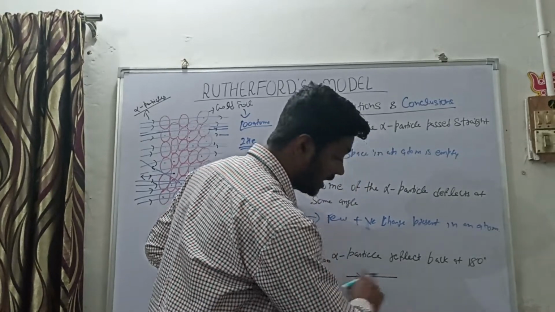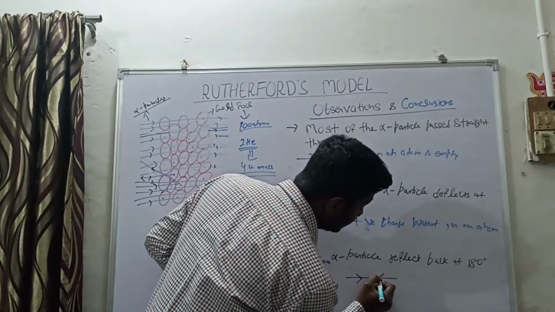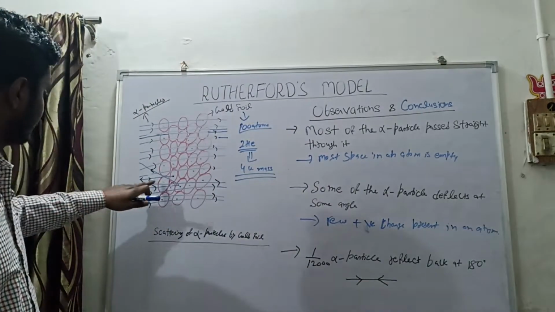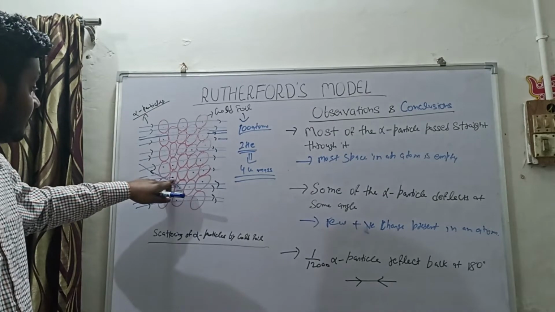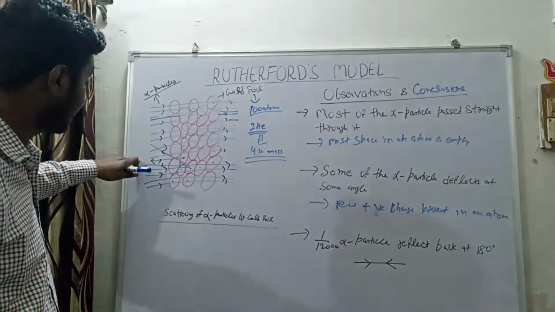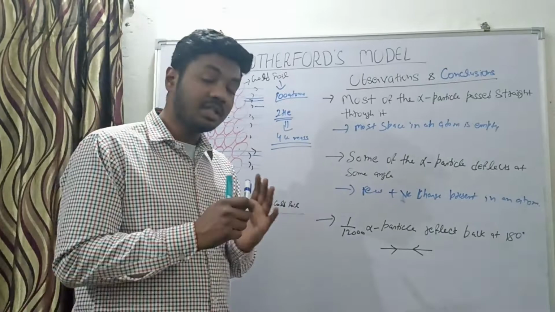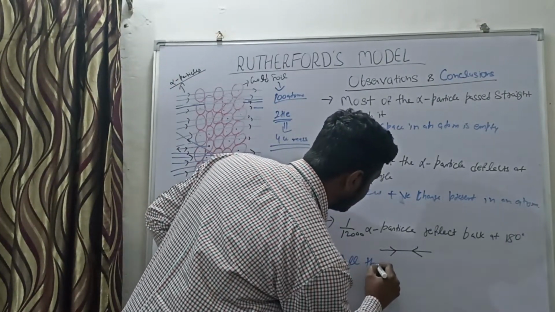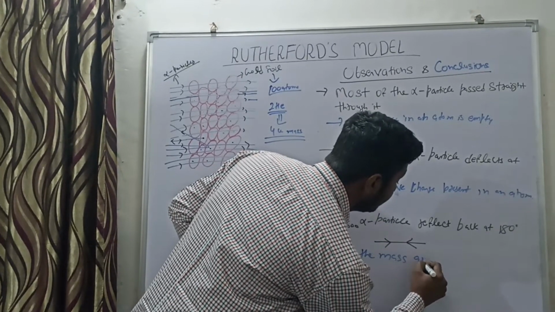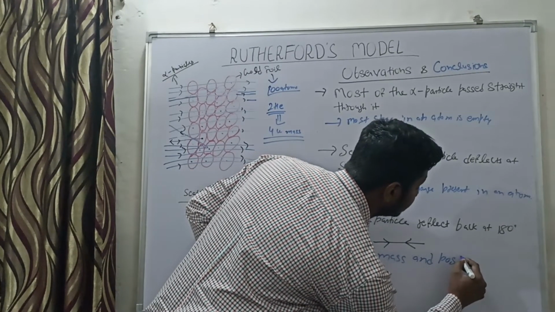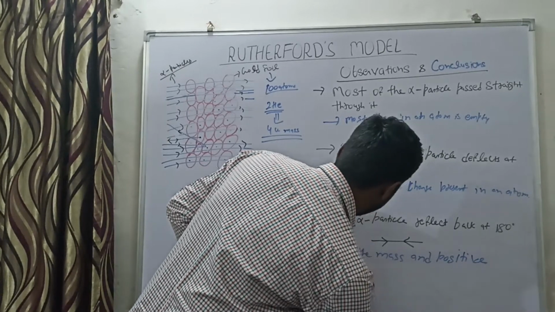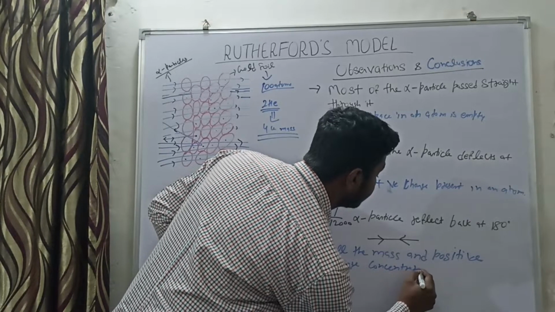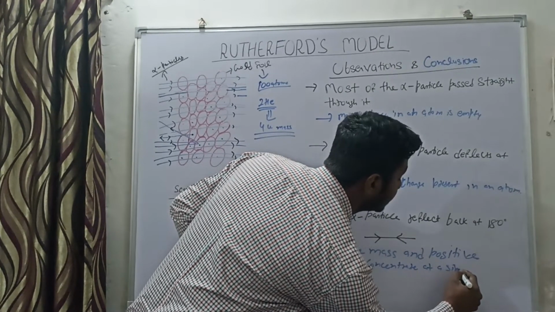If a ray goes straight, it reflects back at 180 degrees, which concludes that all the mass and positive charge concentrate at a single point